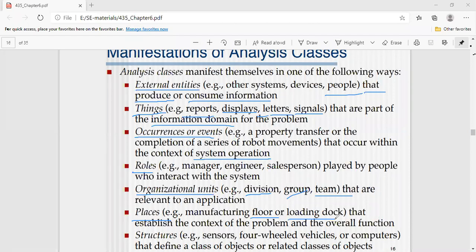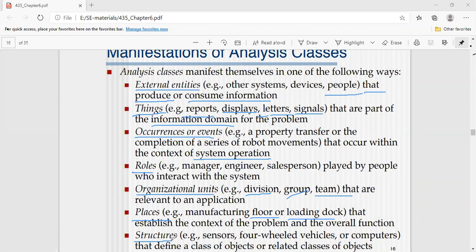Our class is related to either a manufacturing floor or place, or otherwise a loading place. And coming to the next one, structures is also one of them.